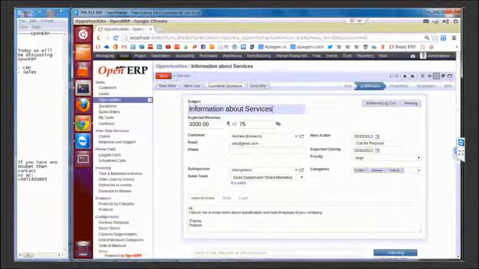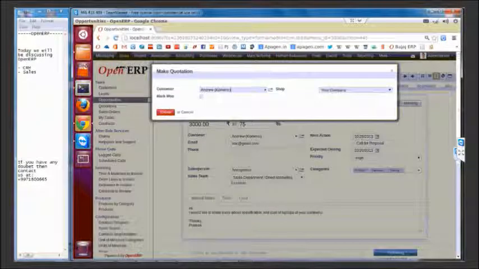Let's now convert this particular opportunity into a sales quotation. When we make a quotation, it confirms the customer and the company from which this particular quotation will be made, and whether it should be marked as won.